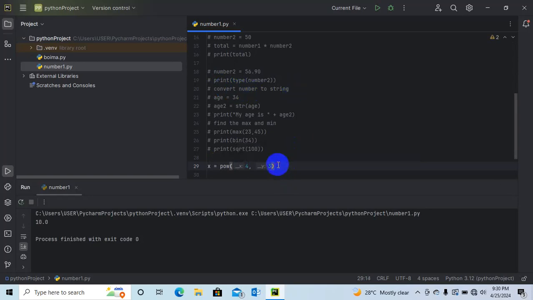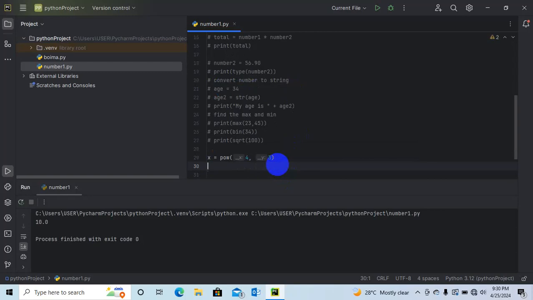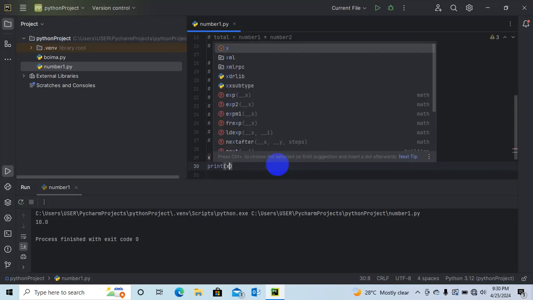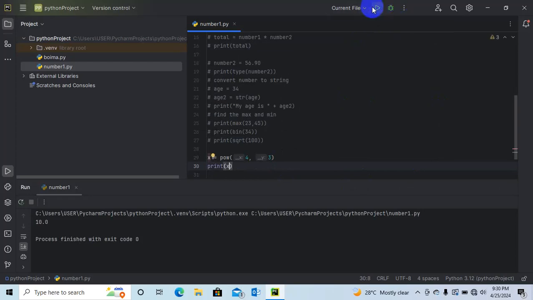Now we'll come to the print. I'll say print s. When I run this, you see, 4 raised to the power of 3 gives me 64. So this is how we can use integers or numbers in Python. We know that numbers play an important role in our life, so Python has also embedded it into it, and we can use it to do so many things.